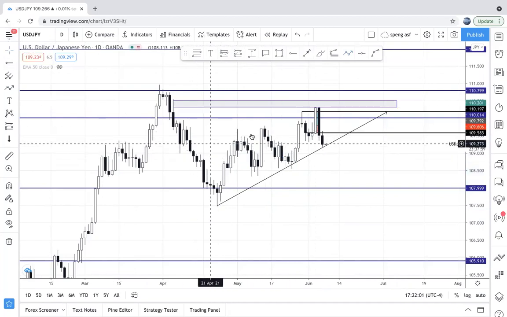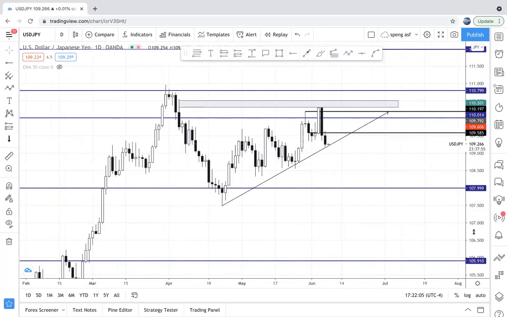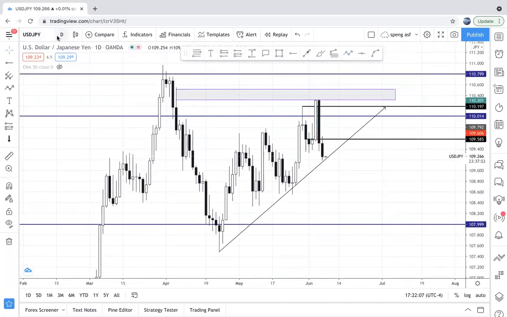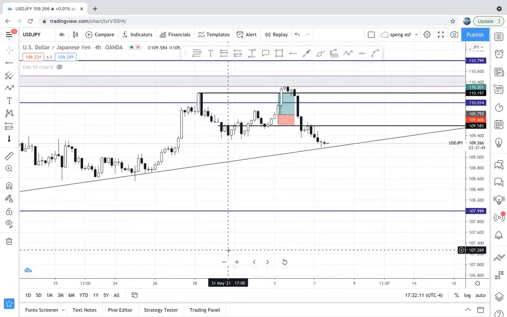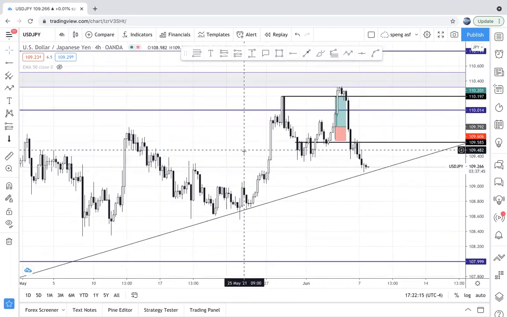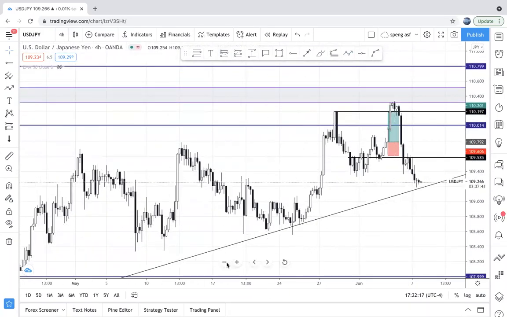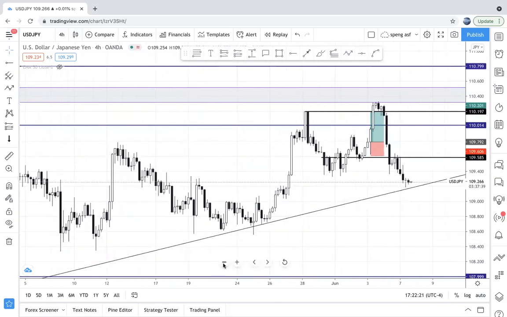So I spot the direction of the market, and all I did was go down into the smaller time frames to see my entry. Go down in the smaller time frame to see my entry. Then if you notice right here,